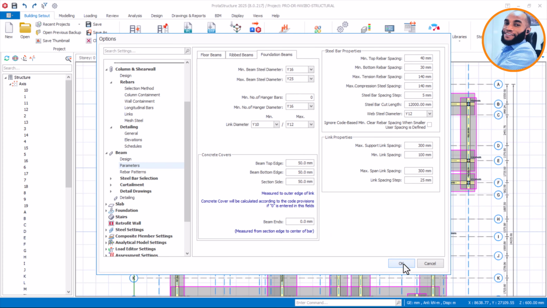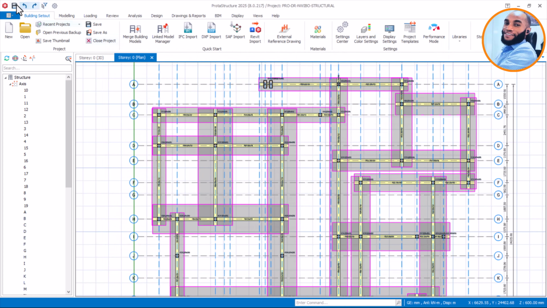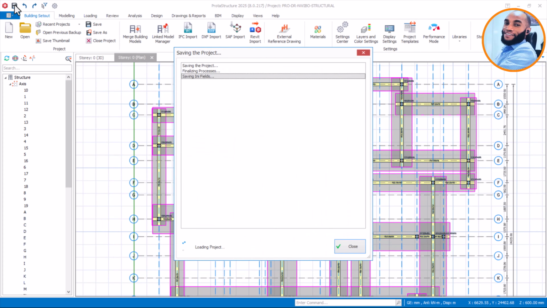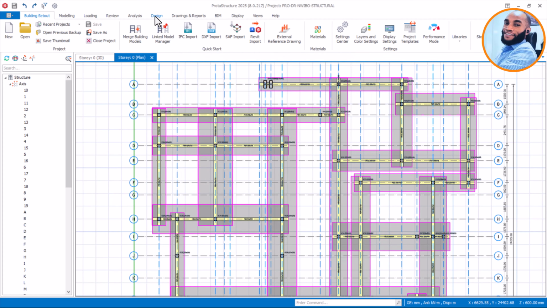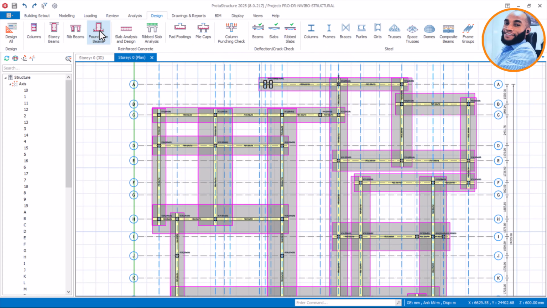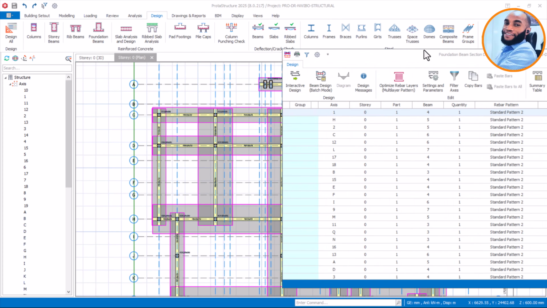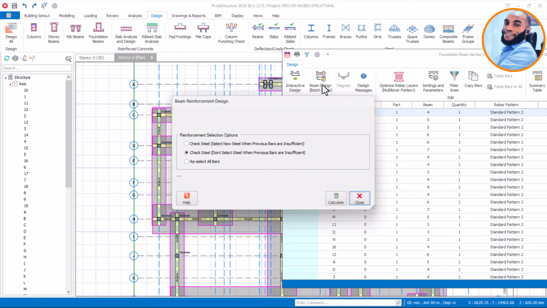Now on saying okay, click on save here. Okay, that is fine. If you now come back to your design, start the design, and then click on foundation beams. On the foundation beam dialog box, click on this place that says beam design batch mode. On this place, make sure you select this that says reselect all steel bars. You can choose this or you choose this. So I'll come here and say reselect all steel bars,